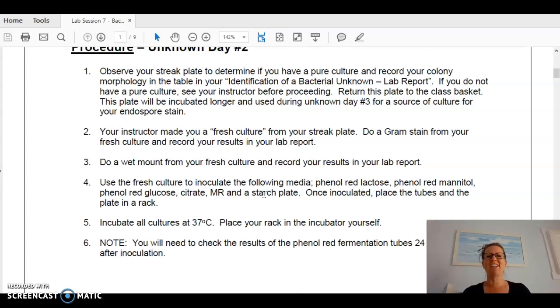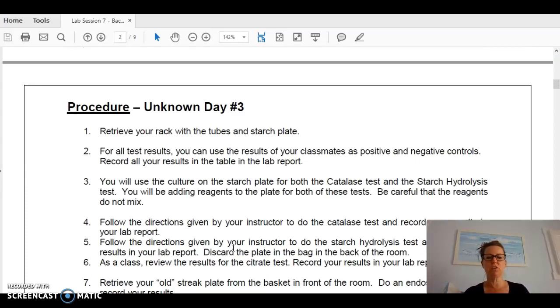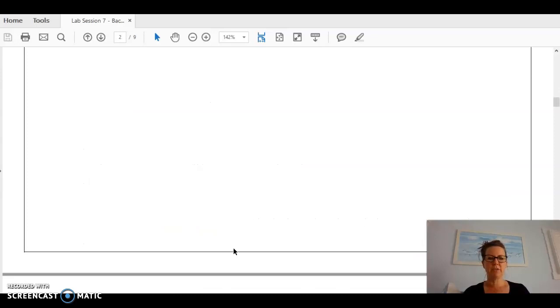So we know that you're not able to come to lab and do that with us. So what we have done is done that for your unknowns and given you some results. Okay, so if we scroll down a little bit in this lab, it would say what you're going to look for whenever you check your tubes and so on. You're also going to do an endospore stain, and then you get to